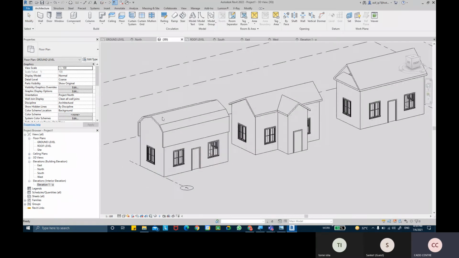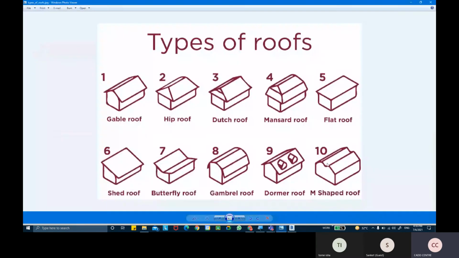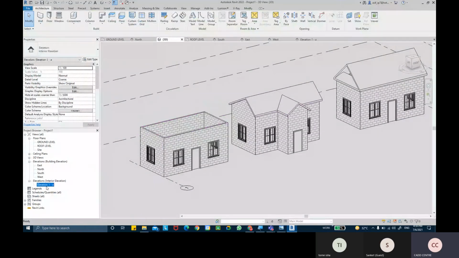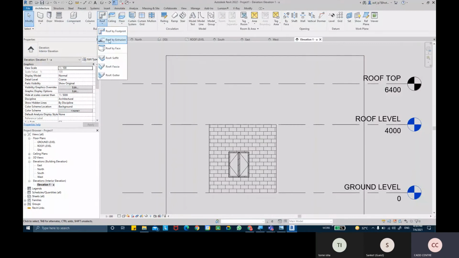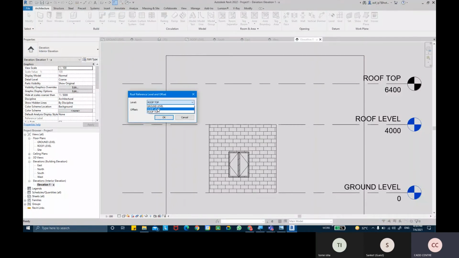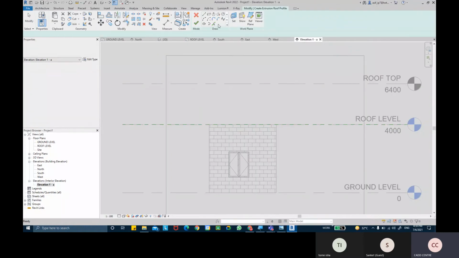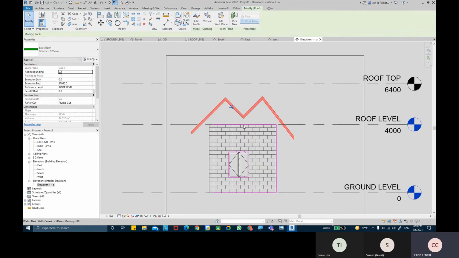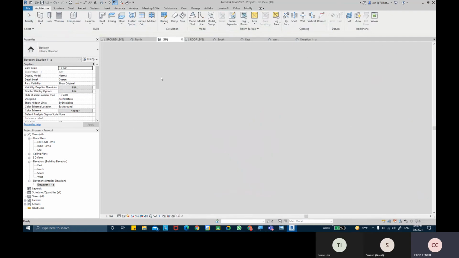That's how you can go ahead with your gambrel roof. Similarly, the M-shaped roof, only the shape is an M. So we just have to create the shape and get it done. Same thing: I could take this roof off, go back to that elevation view, and create the roof by extrusion, select the level, no offsets, and sketch the M-shaped line. Any shape, you can even give curves.